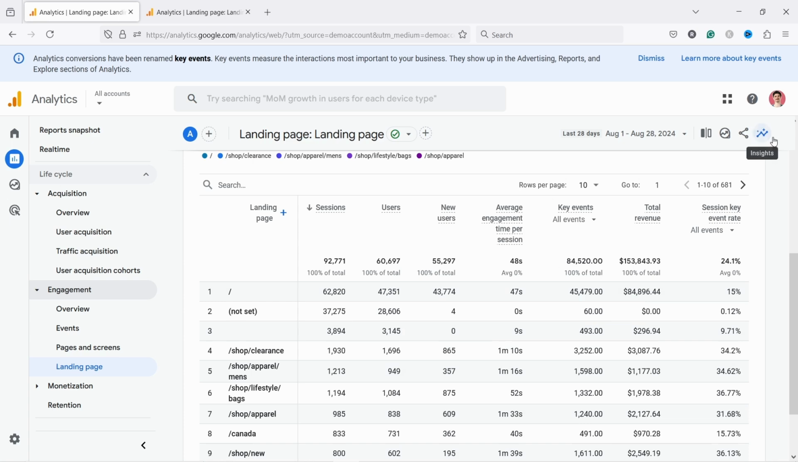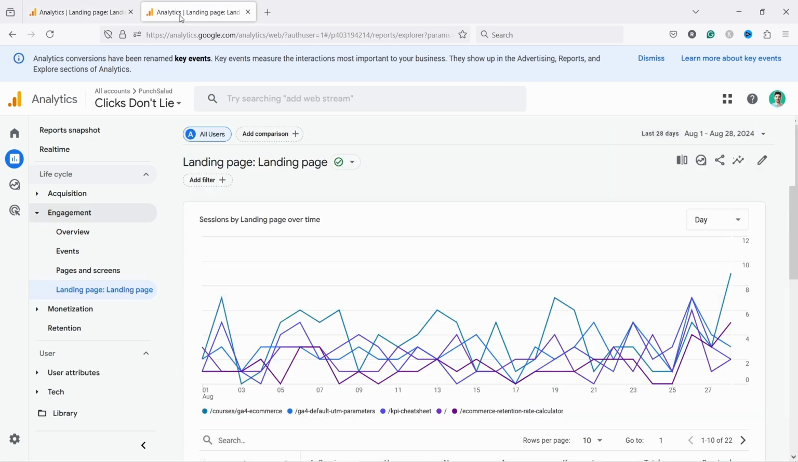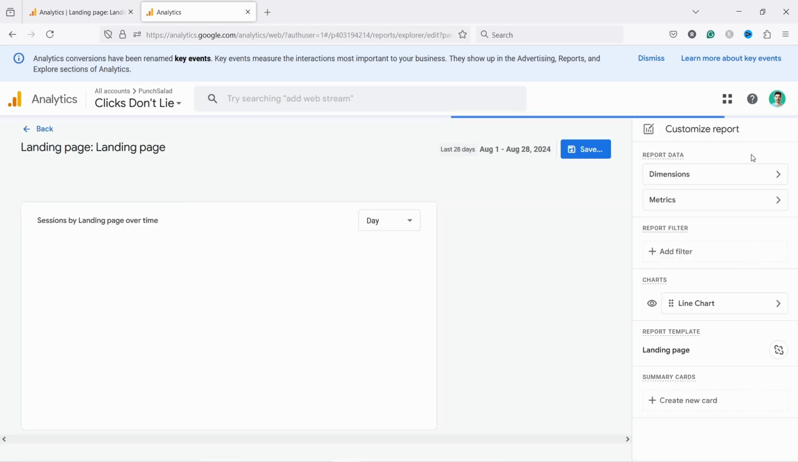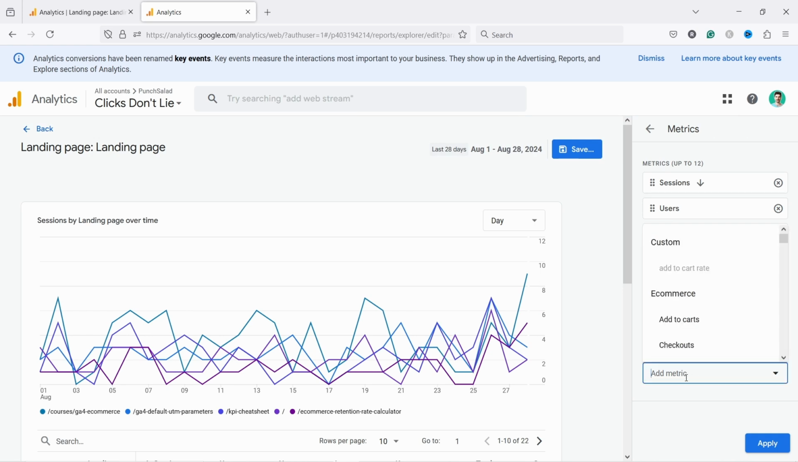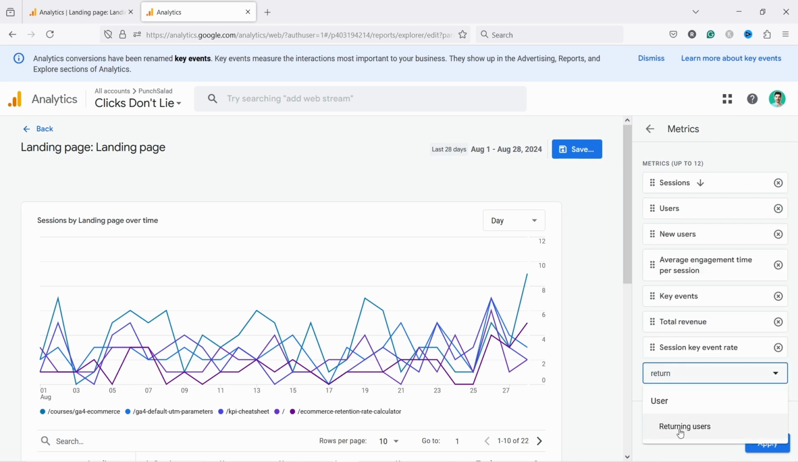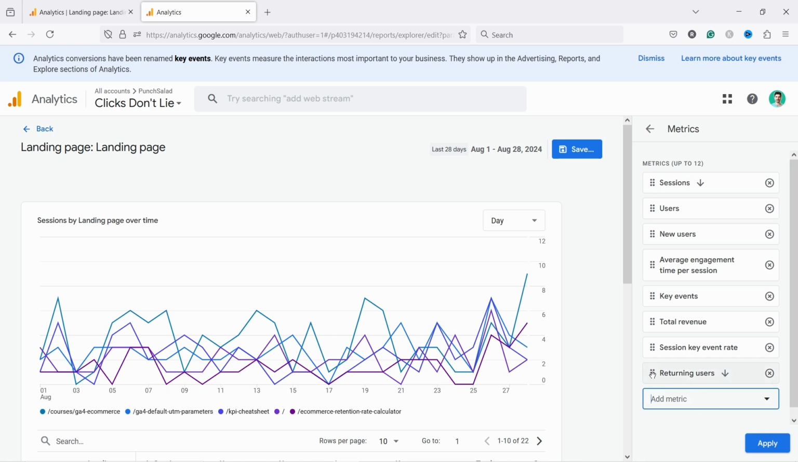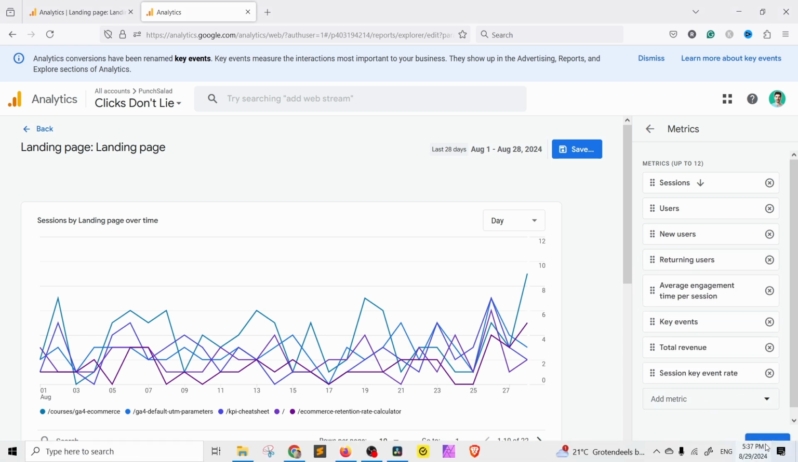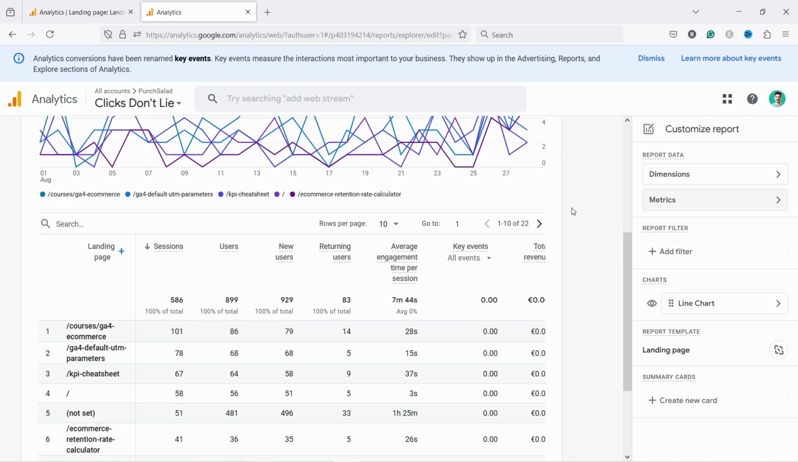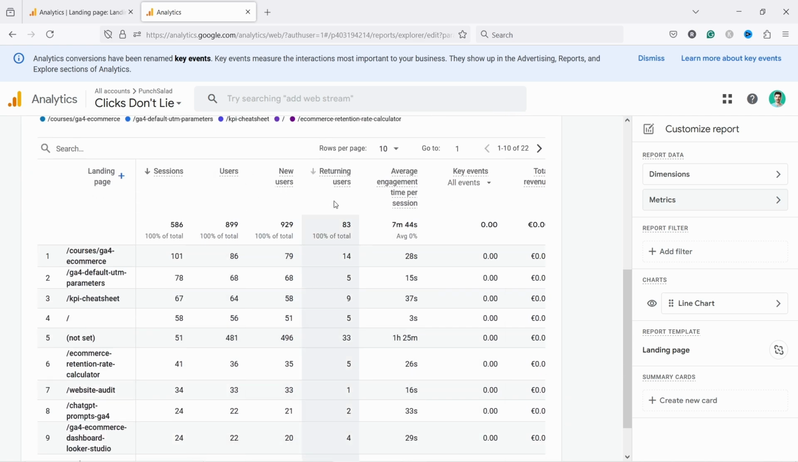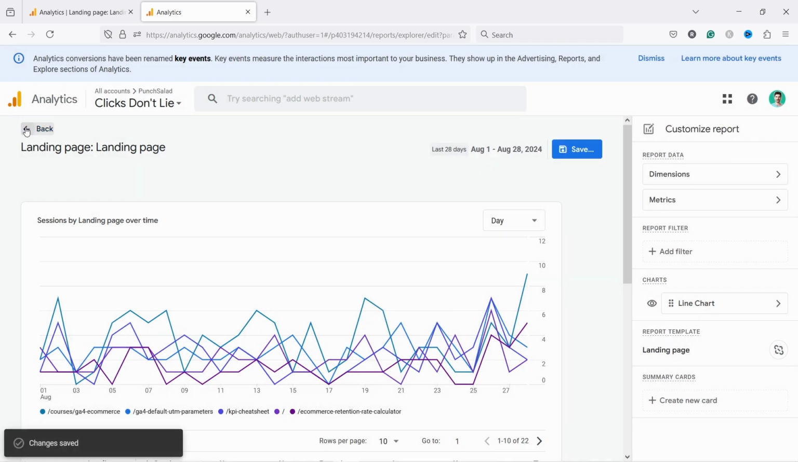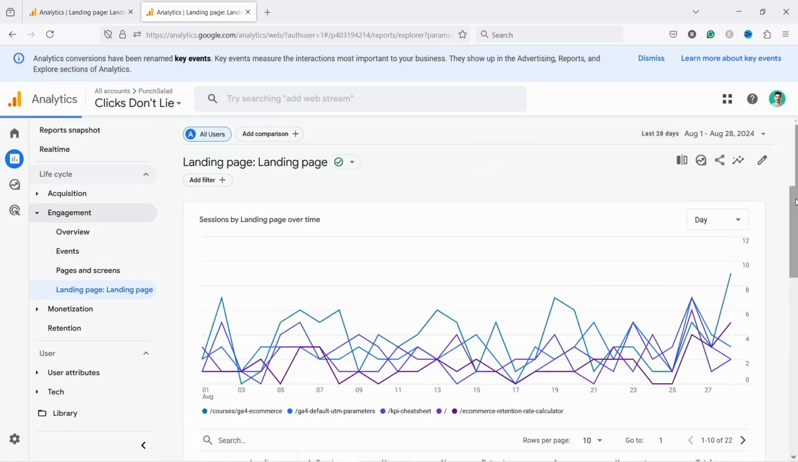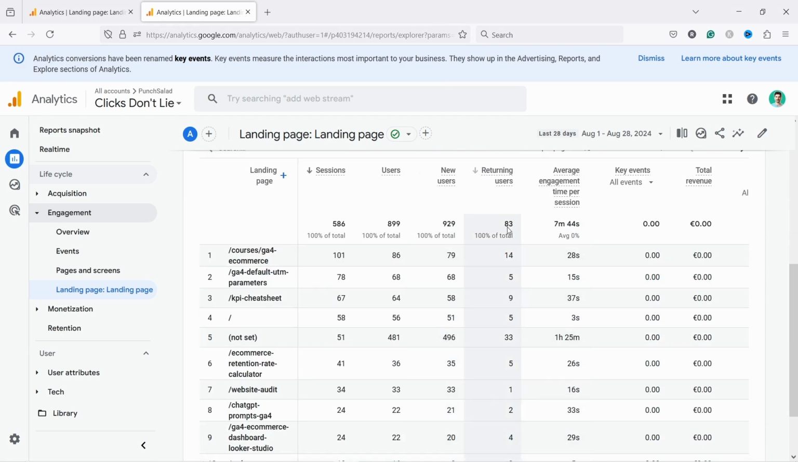Now, unfortunately, I don't have the rights to edit this GA4, but if I go to my own website, I come here, I have this little pen icon, and if I click on it, I'm able to add more metrics. So if you click here, metrics, and then you come here and just search for returning, you see here returning users, and you could now drag it next to new users and apply it. Then here in the preview, you can see you have new users, returning users, and now if you just save it, then if you go back, now your report has both of them, new users and returning users,